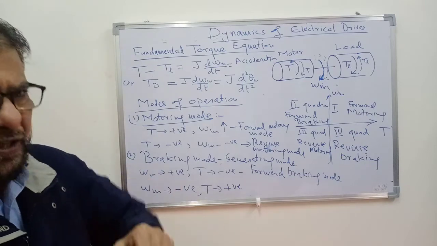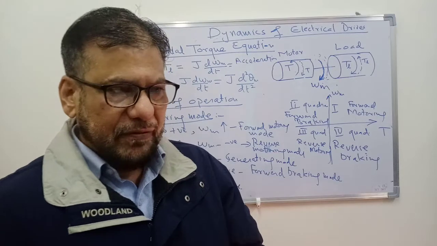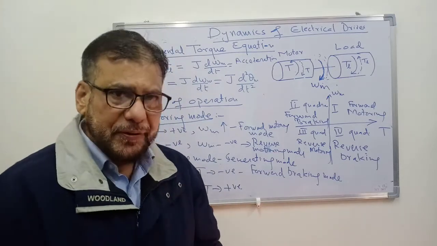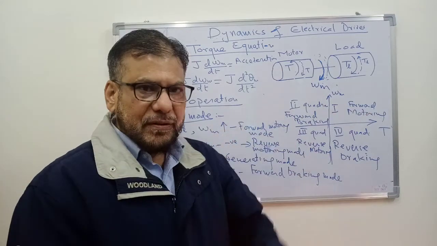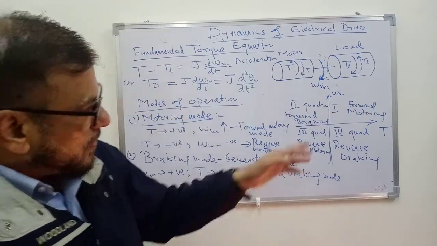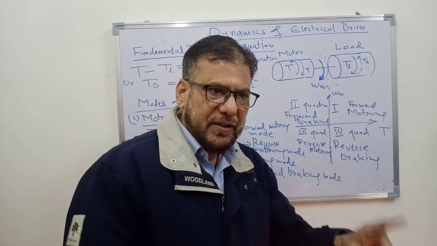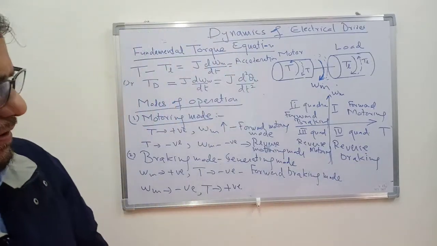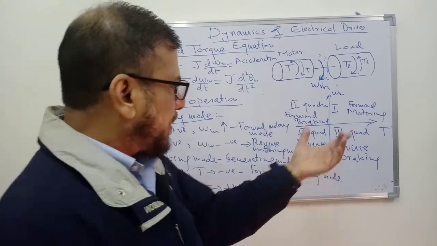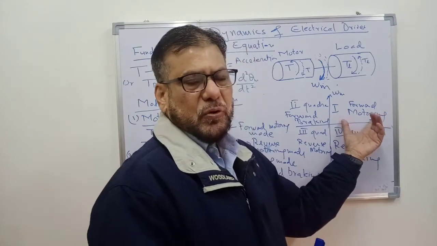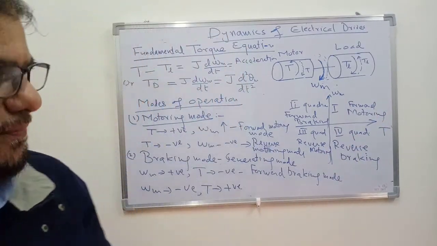And for braking, you want to use mechanical system. You want to apply mechanical brakes to stop your bike. For running, you have to use the motor. So in that case, you will require only first quadrant operation. The motor has to always produce the mechanical energy, and that will be absorbed by the mechanical system. So that is the case of forward motoring or single quadrant drive. We call that drive as a single quadrant drive.